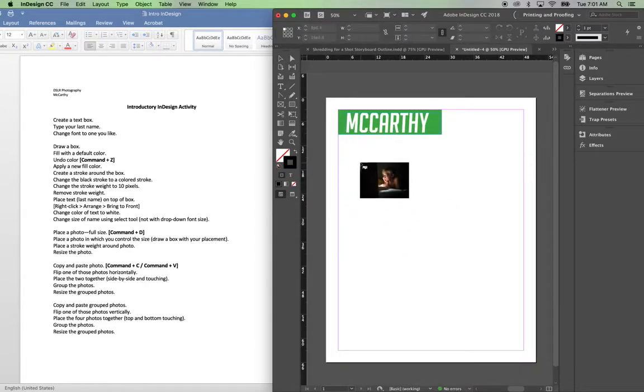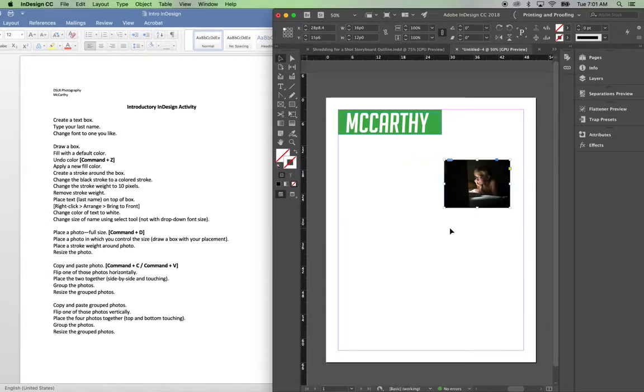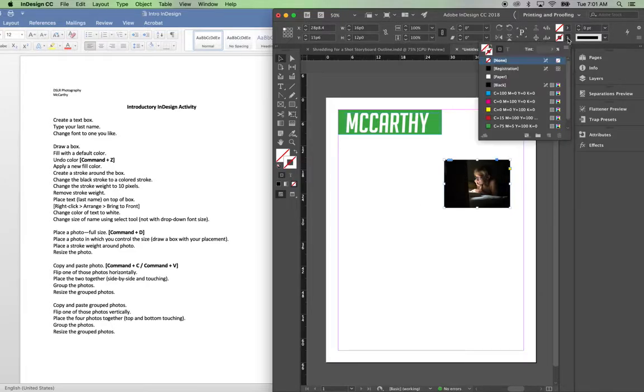It's back to the point where it's loaded in my cursor here. Okay, so this time I'm just going to draw a box with it, and that's the size of my image. Okay, it says place a stroke weight around your photo, so I'm going to select my photo and I'm going to go to stroke weight,